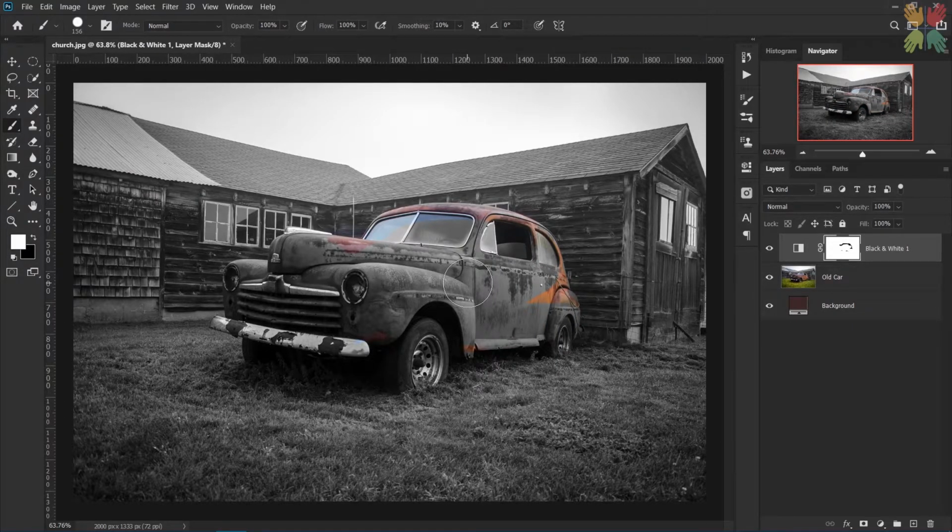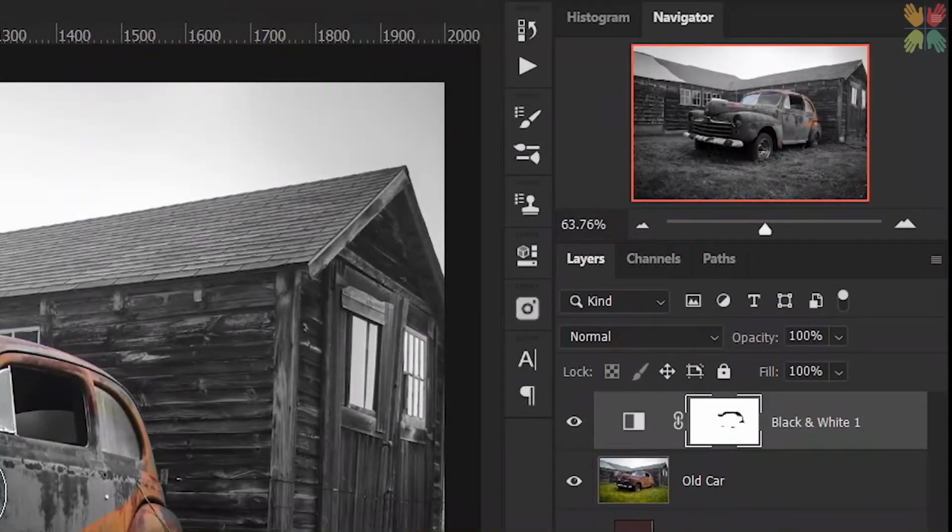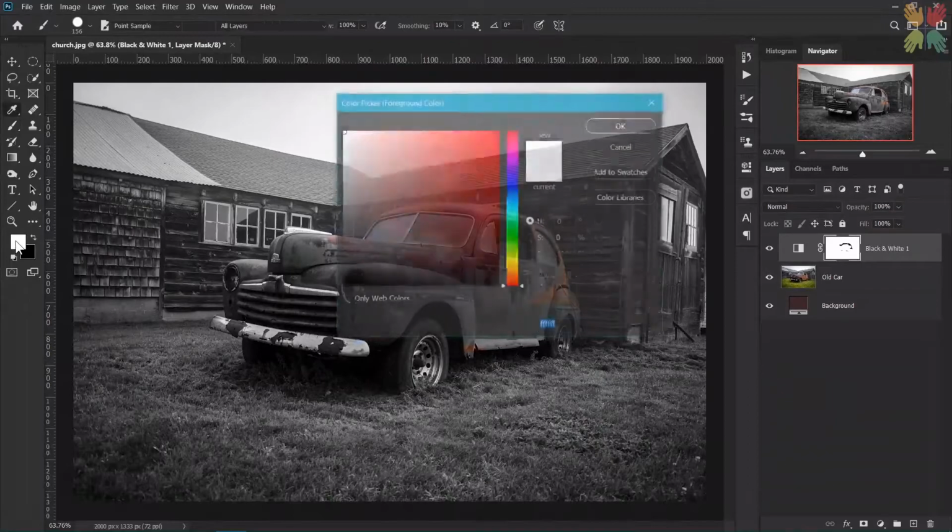But you need to make sure in your layers panel the layer mask is selected, which is indicated by this little icon over this area. And one more thing,